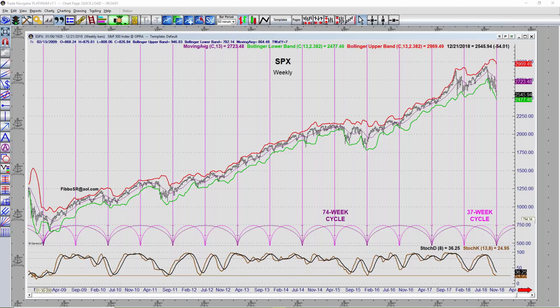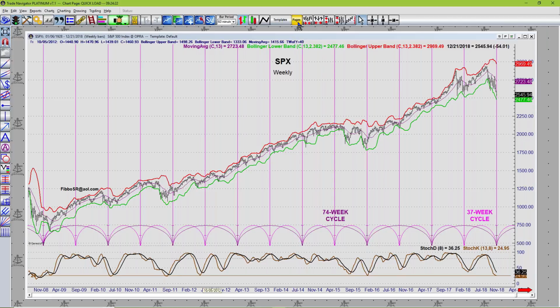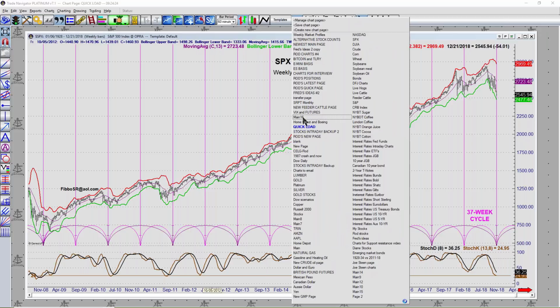We had a low on either side of it, of the 74-week cycle. So it's not always precise, but sometimes it is. And here we are. That's the only time we seem to get this oversold, is when we're making one of these cycle lows. And I thought it was interesting that that's nominally due this week. In addition, I think I just happened to notice by accident, because I've got so many charts at so many different places. But yesterday I noticed, well, let's see, I said, if this is bottoming,